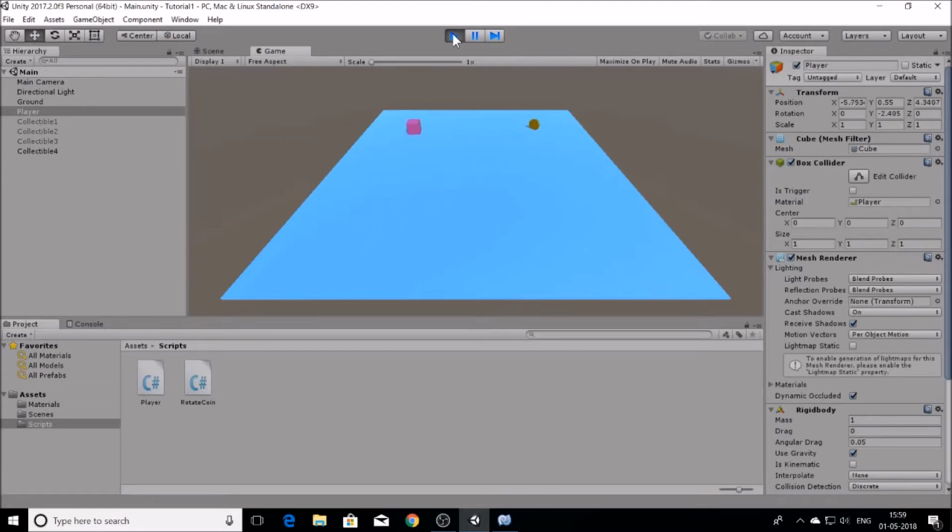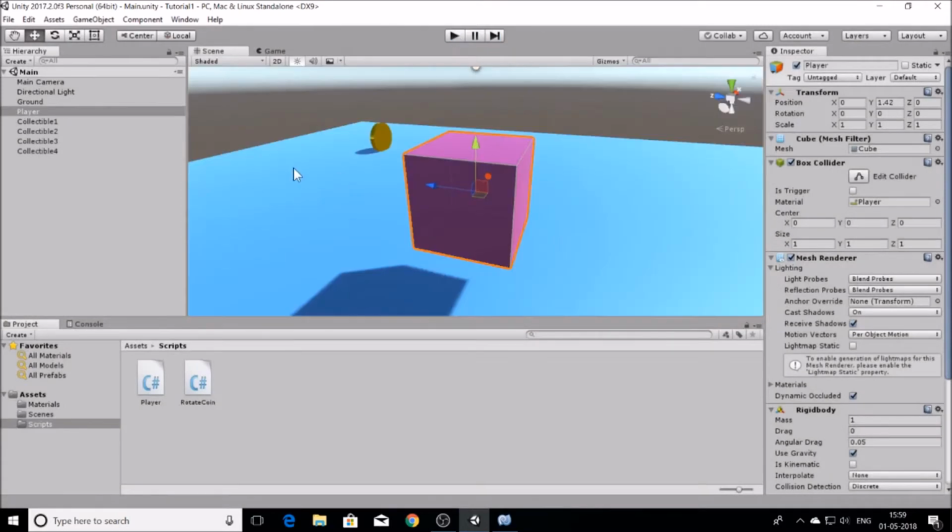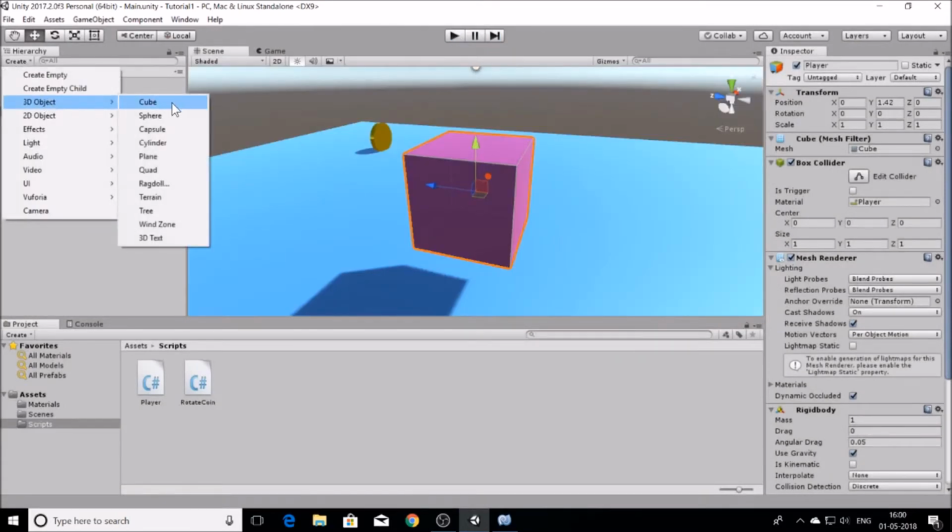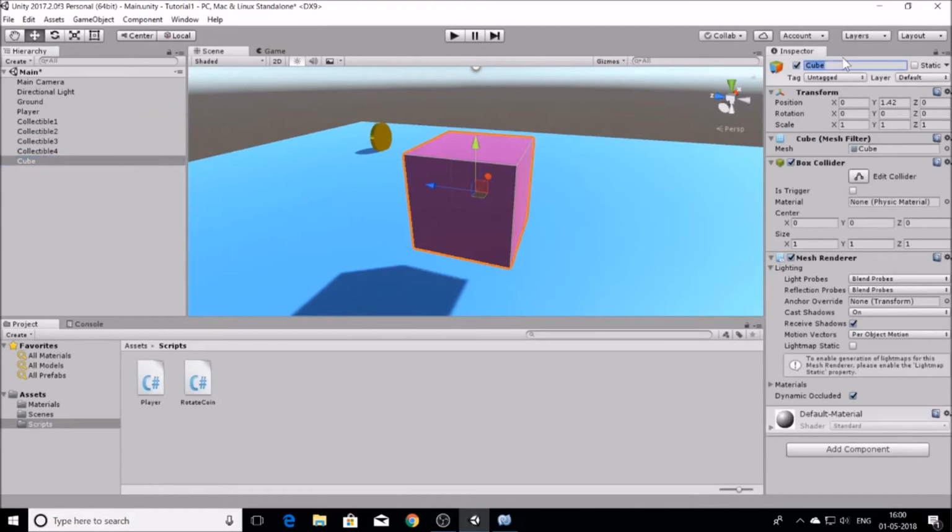So I can collect my coins, and after collecting all these coins, we will put a goal over here, and when the player enters that goal, it will go to the next level. And let's just stop the game. We'll create another 3D object, a cube. Let's name it goal,